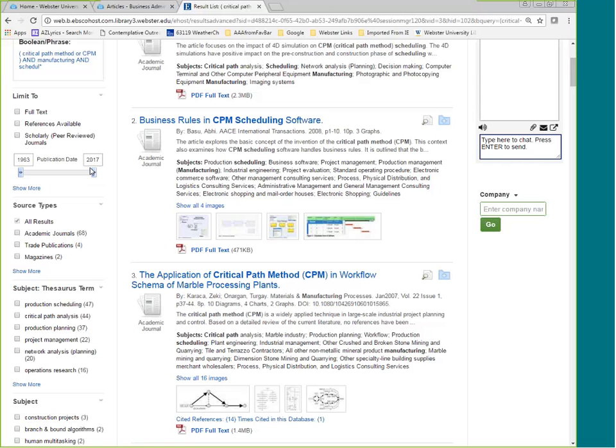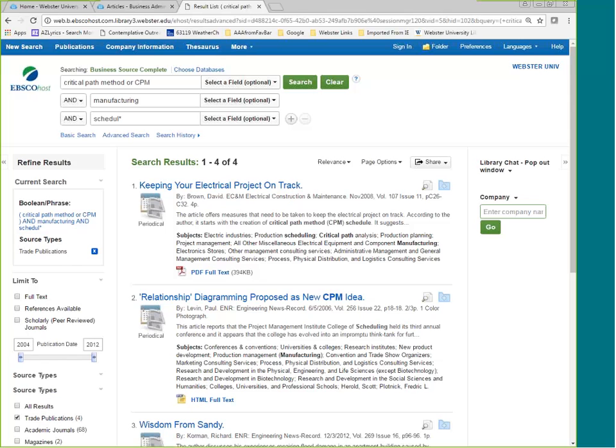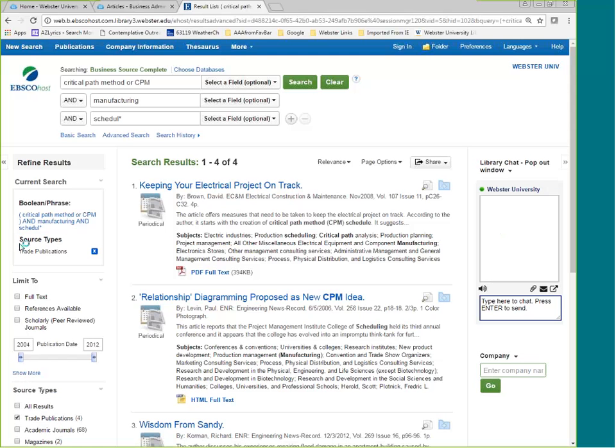Okay. Also on this menu, the Limit To menu on the left, you'll see the source types. So we have 68 academic journals. There are 4 trade publications and 2 magazines. So if you click trade publications, then you can see just those articles from the trade publications. Remember, these are more applied, how people are using the CPM method,